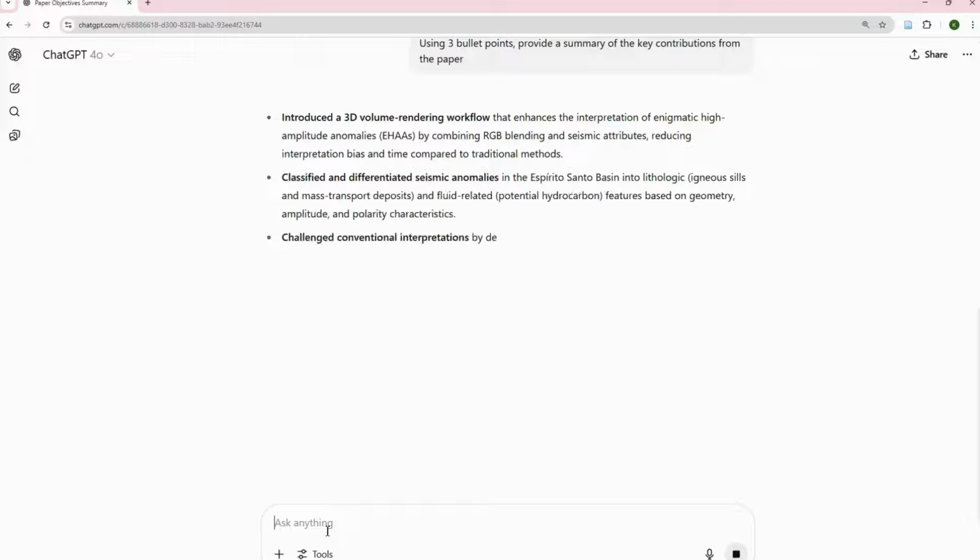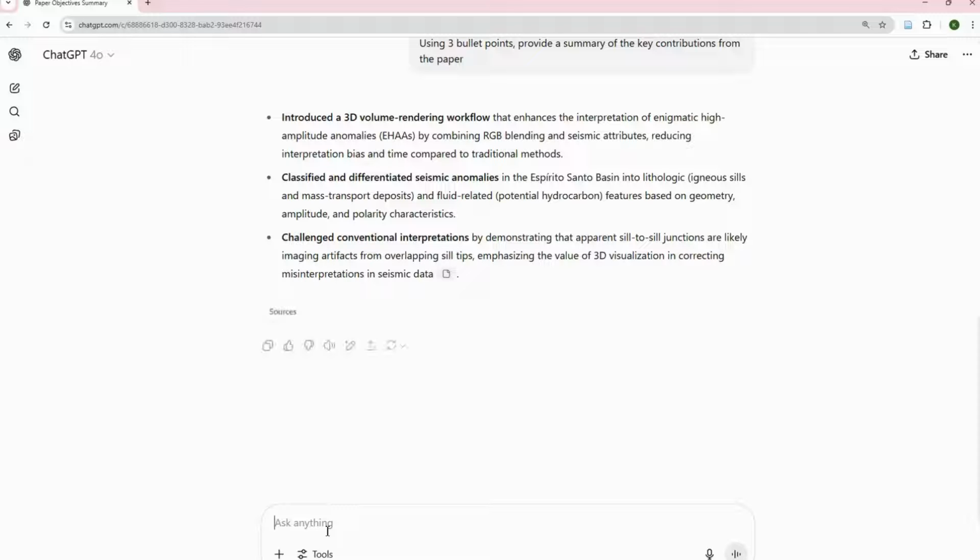Yeah, the paper introduced a 3D volume rendering workflow. That is true. We classified and differentiated seismic anomalies. That is also very true. It will challenge conventional interpretations. That is very true. I can say, okay,